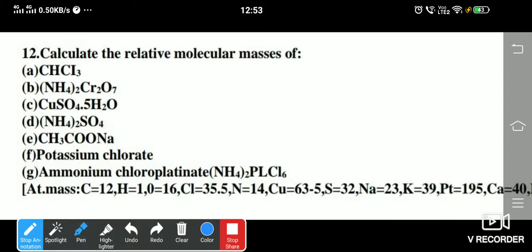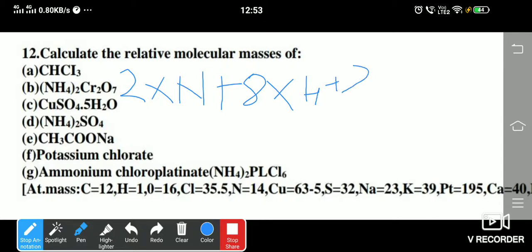In the previous class, I told you that if a number is written outside the bracket, that number is applicable to both the elements. In this case, that number 2, which is written outside the bracket, is applicable for both nitrogen and hydrogen. So it will be 2 into N plus. Now you have to start solving with me. I'll give you the initial step and then you replace these numbers with the atomic mass numbers. It will be 8 into H. Why 8 into H? Because hydrogen already has 4 atoms inside the bracket. 4 into 2 is 8.